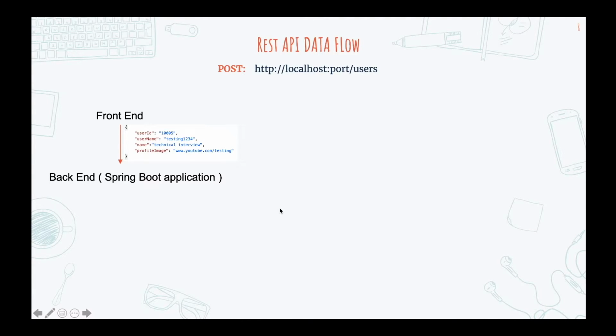When we submit this payload using this post URL, that is localhost/user, in our backend service the first call goes to the controller, where based on the request path, our parent controller diverts the request to the respective controller. Since /user is our requested path, the controller diverts the request to our user controller along with the payload that we are sending from our front end.